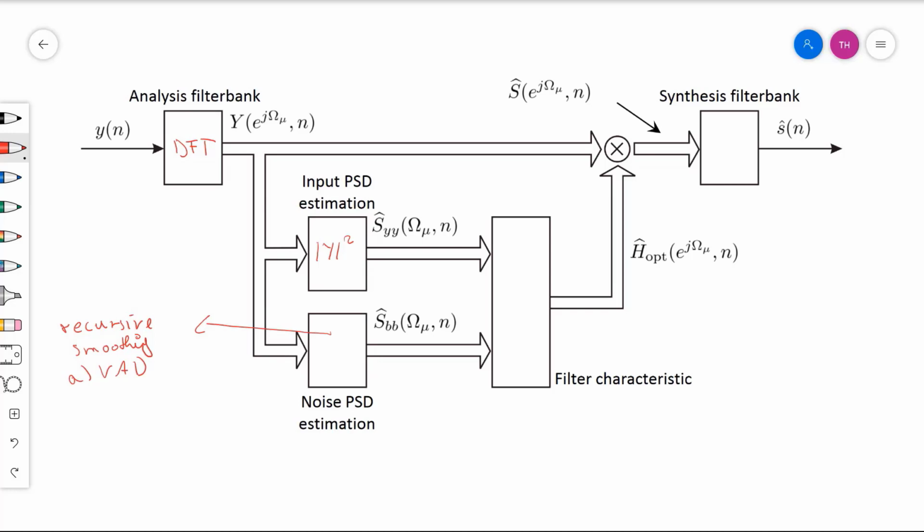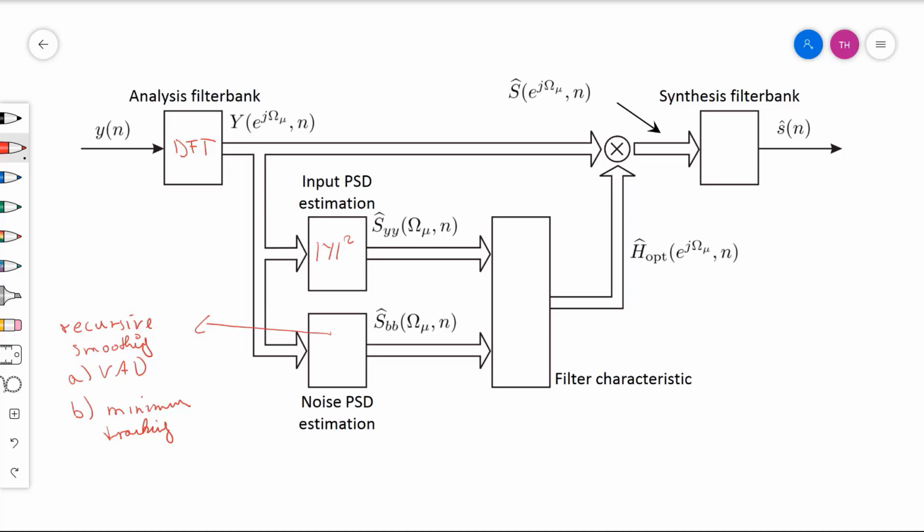And the second method we showed you in the lecture was minimum tracking. Here, all frames are used in the recursive smoothing. However, based on a specific rule, two different time constants are applied, which allows for an update of SBB also during phases of speech. Once both PSDs have been estimated, we have all the quantities to actually compute our